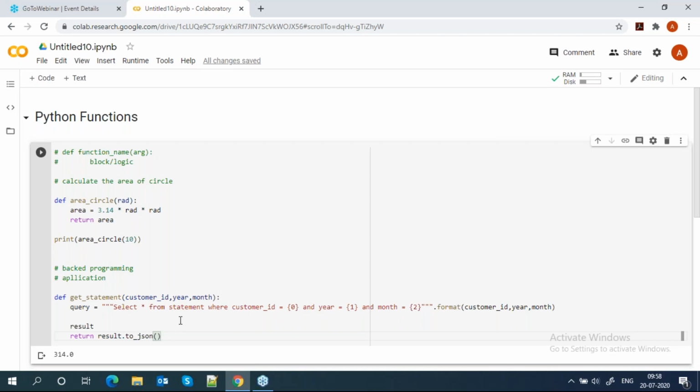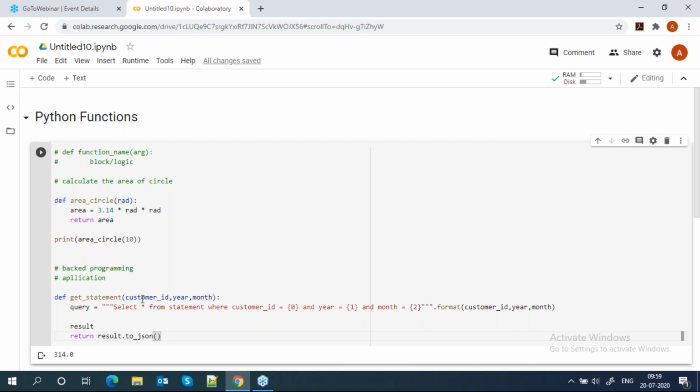So this is how we use functions. Whenever you get this output, you can call this method in another program and post it to the UI, everywhere. It completely depends on the requirement, but mostly we work like this.